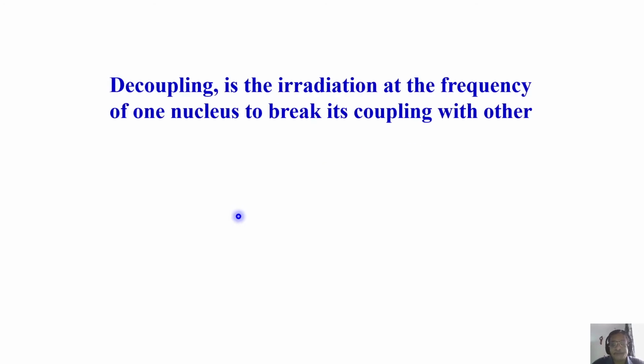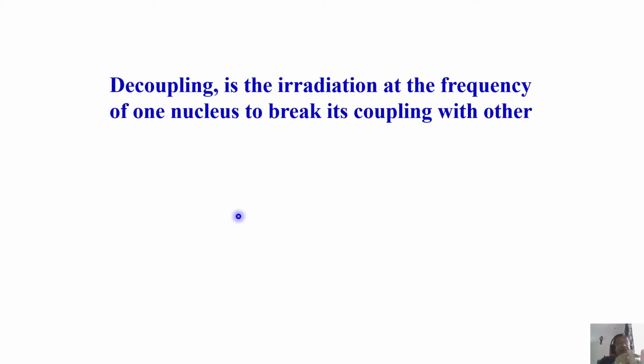What is an NOE? Remember, I discussed decoupling. What do we do in decoupling? I can irradiate a particular frequency of one nucleus so that the coupling is broken with the other nucleus. In the homonuclear case, we take two protons coupled like this. It is an AX spin system. Let us consider weakly coupled. I have to sit exactly at the center of this doublet and keep sending the second radio frequency signal for breaking the coupling of this nucleus with the other nucleus.